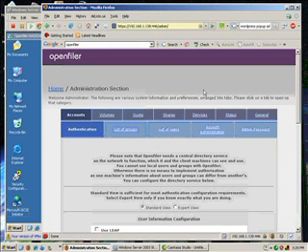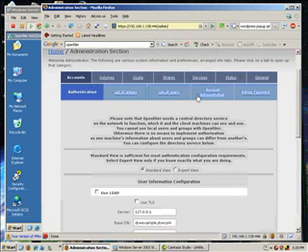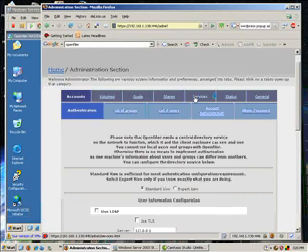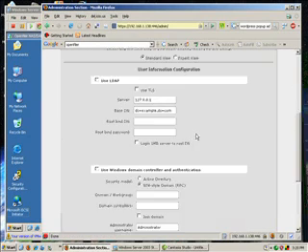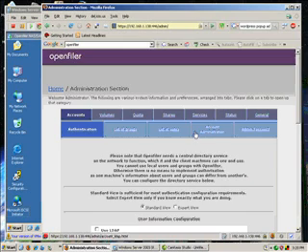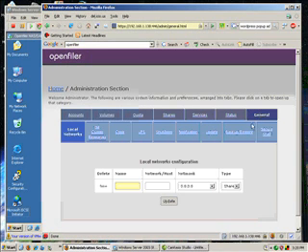So I already did that in the background, and I'll talk you through that as we walk through the demo. So I'm going to administer this storage device. There's a couple things we need to do. If we were doing a more complex implementation, we may use Active Directory, LDAP integration, and those things are all supported, but I'm not going to go through every single feature in the Openfiler product. So the first thing I'm going to do is go over to General, and I'm going to add the local subnet that I'm on,